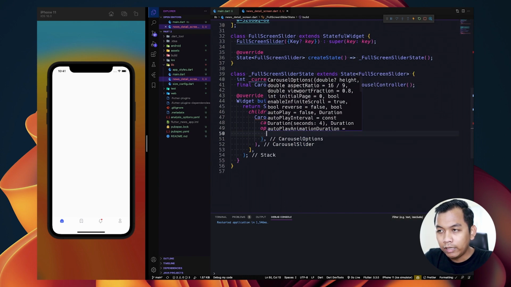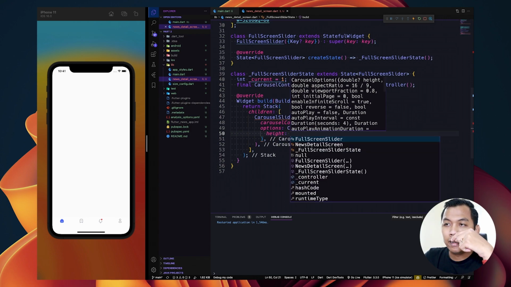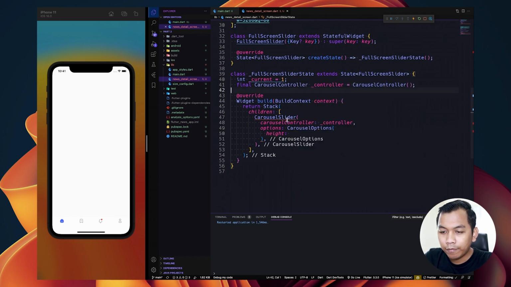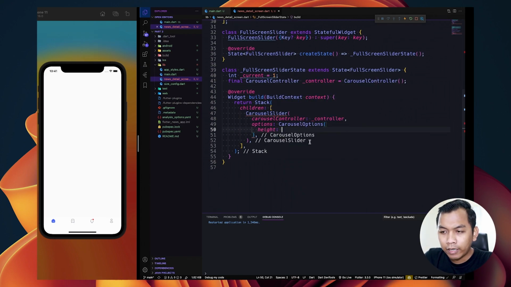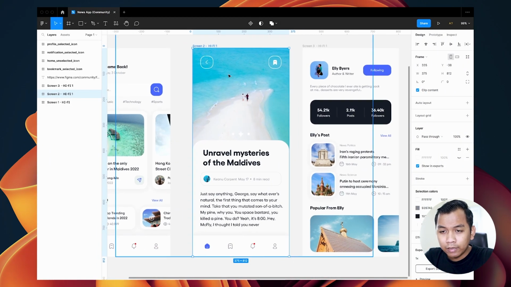And for the option, we will have carousel option, and inside this carousel option we will have height. And from this design, we can assume that the image will be half of the screen height.